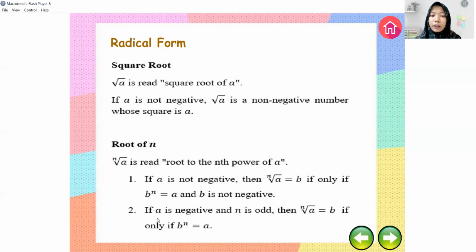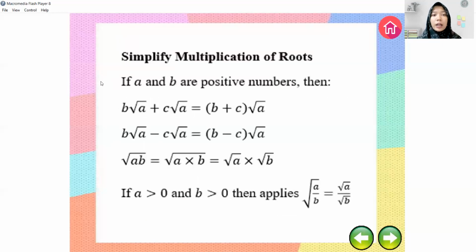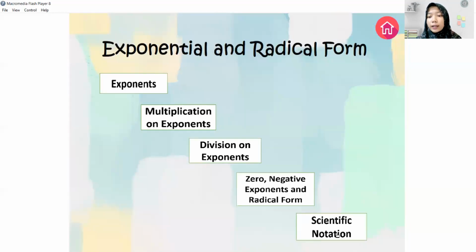And second, if a is negative and n is odd, then the nth root of a is equal to b only if b to the power of n equals a. Next, about simplifying multiplication of roots. I give these materials, and next students go to the last